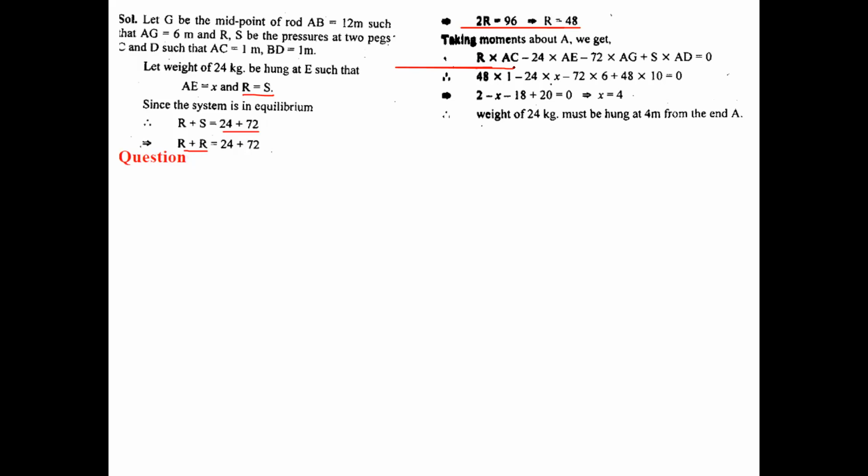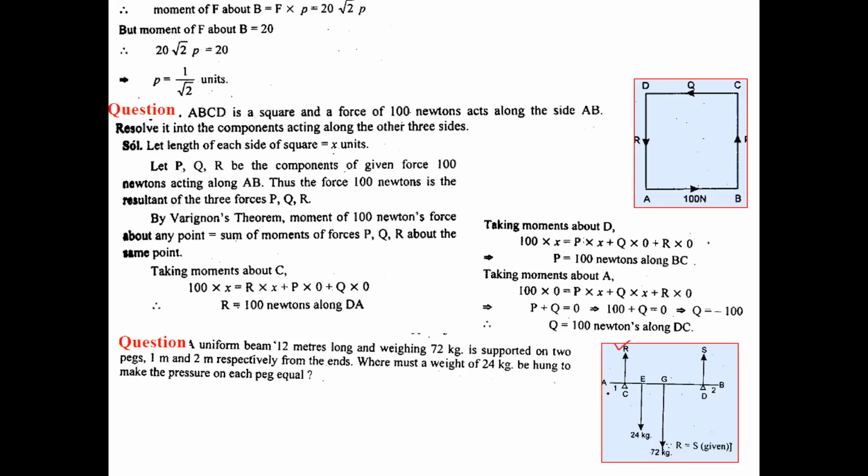Firstly for R, let us check what will be its perpendicular distance. For R, it will be AC and it is in the anti-clock sense, so that's why taking positive sign. For S, I have already told you, it is 10 because 2 meters were pending, total 12. So S is also anti-clock, so S will also be positive.